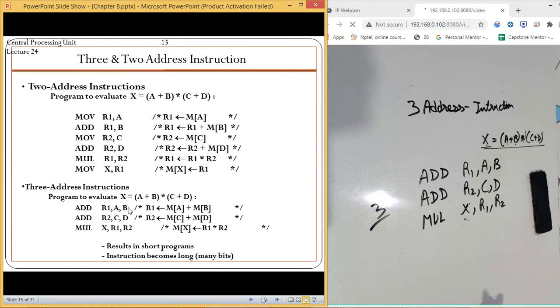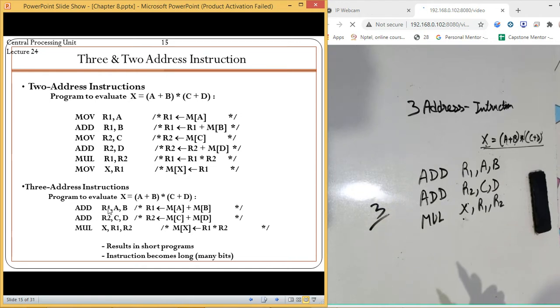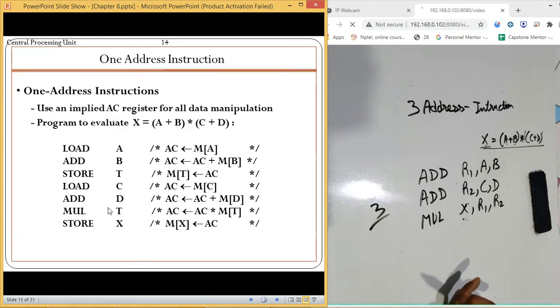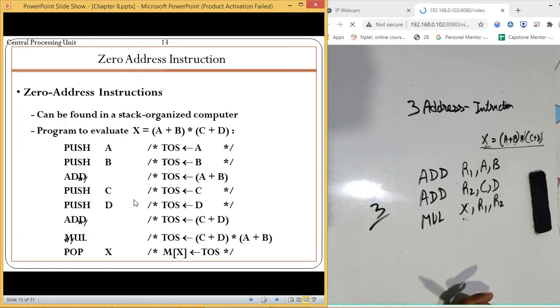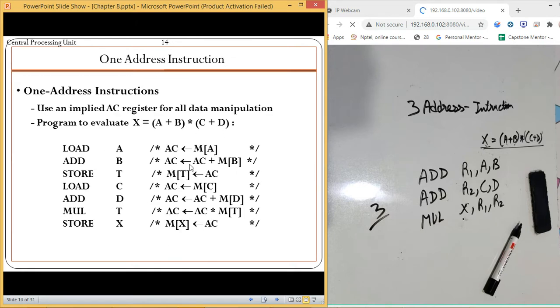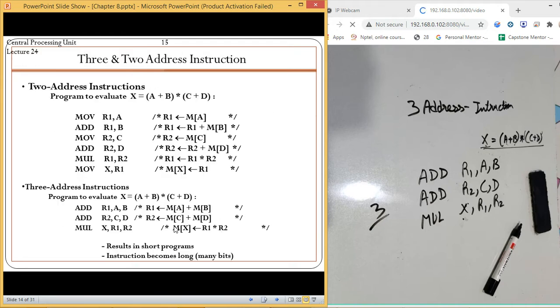So the total time which we will need to execute this instruction will be longer, but the lines of code are less. So if you check this, we never looked into the memory. Everything is stored. We simply push those elements. We are not referring to memory. There is only one place where we are referring memory, that is to store the content. That's it. In this case, we are having one memory access in most of the cases.